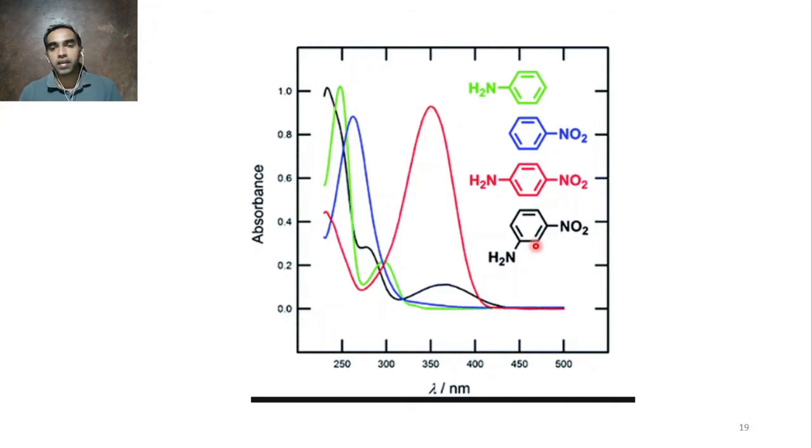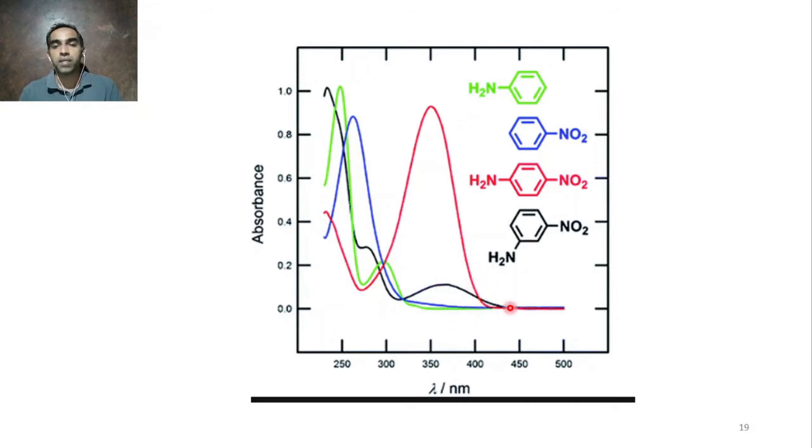Okay, and the auxochrome now, if it is in meta position, so consider this one, meta nitro. Here the conjugation is not that favored, because they are meta to each other. Here when they are para to each other, you know this is an electron withdrawing group, this is an electron donating group, that conjugation is highly feasible. But here that type of extended conjugation is not highly feasible because they are meta to each other. That's why there will be a shift, there will be a conjugation, but that epsilon maximum is not higher, it is not coming to a higher level.